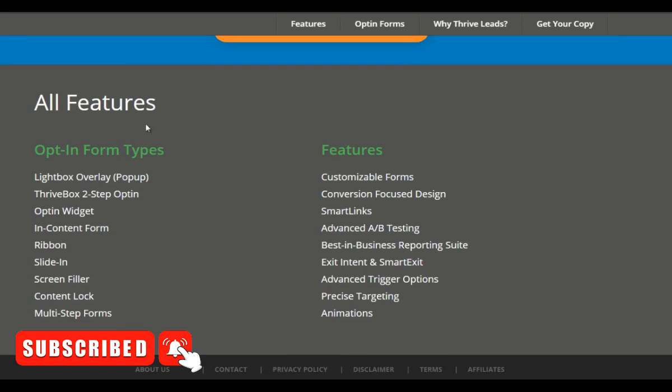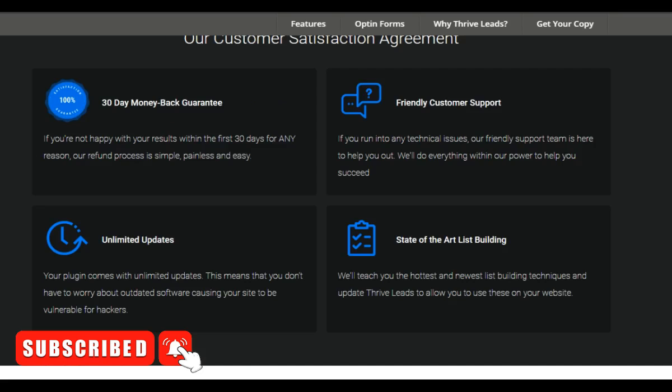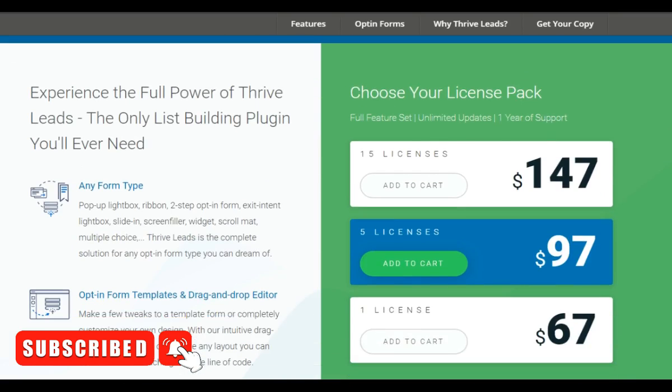Here are the features right here. Now it's a little more expensive, at $147 for 15 licenses. But remember, WP Bakery was about $47 for a single license. This is about $67, which is only $20 more for one license.